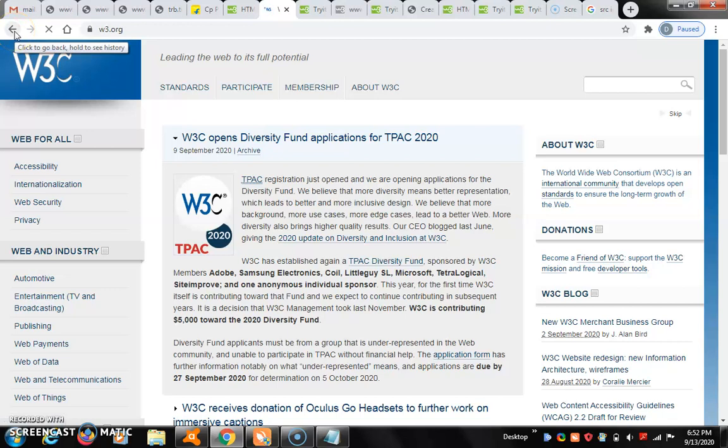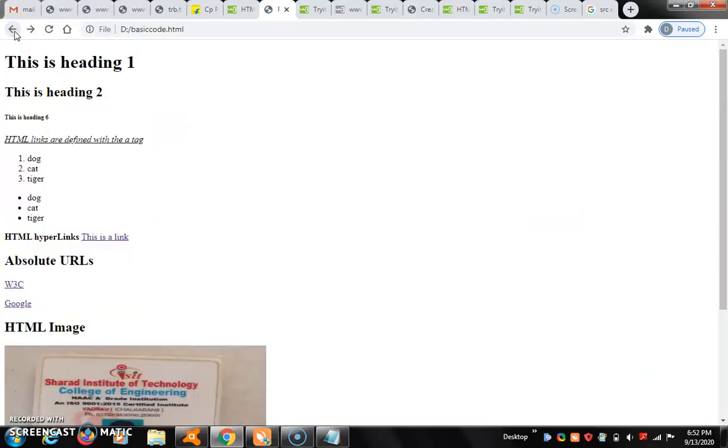This type of hyperlink is used to link to other websites. At the time you develop a website, hyperlinks are given likewise to refer to other websites. Next one is Google.